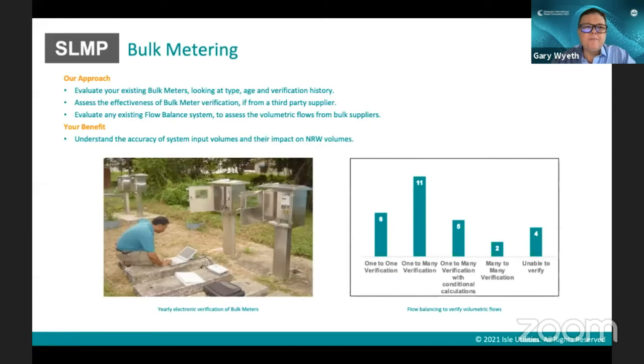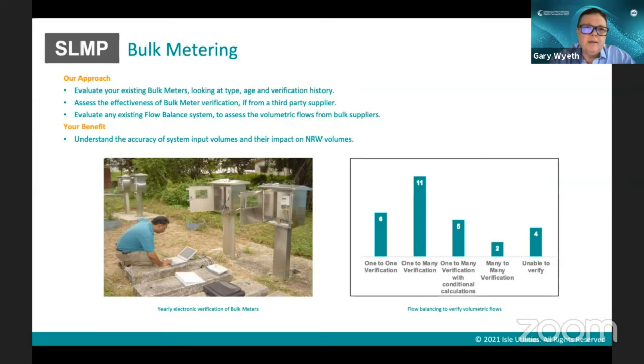Bulk metering. This is your metering at your treatment plants or in some cases, this can be the water that's being sold to you. So it's critical. When we looked at the NRW water balance, you saw we started from the system input on the left. And this is the measurement of your system input. And it's making sure that you're measuring the water that's coming into your supply system as accurately as possible, whether it's from a treatment plant, which is being managed by your utility yourself, or whether it's coming from a third-party